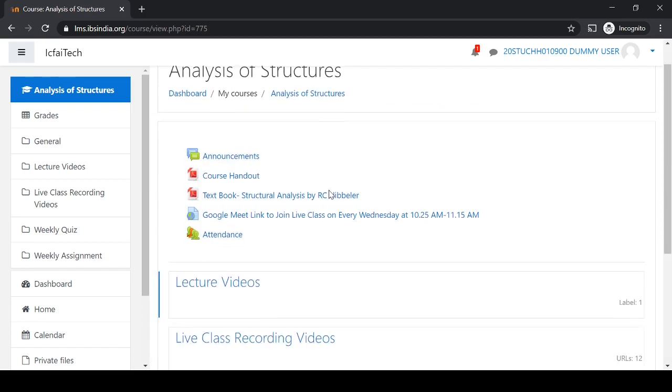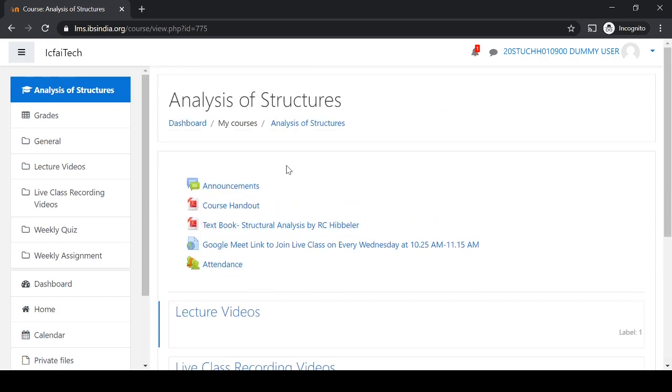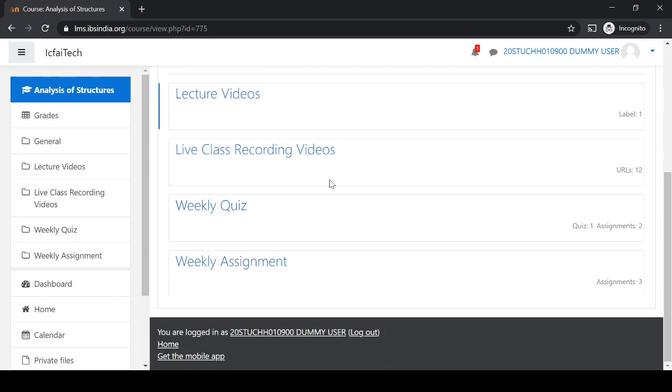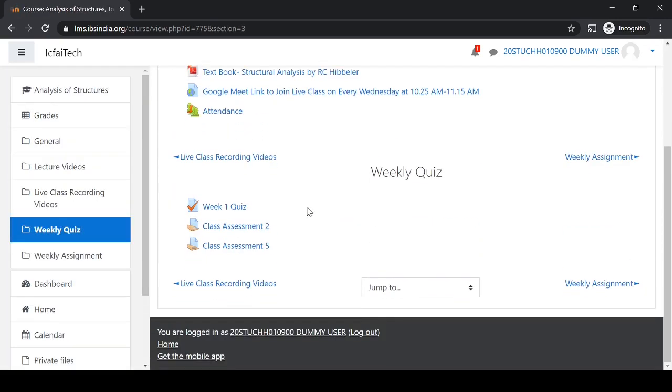So when a quiz is created inside the class, your faculty member will inform you that it was created on such and such date. You have to submit it. You have to answer the quizzes. So click on the quiz link. It will pop up whatever the ongoing quizzes are. So here we have 3 quizzes posted. So you can click on maybe class assessment 5 or something.